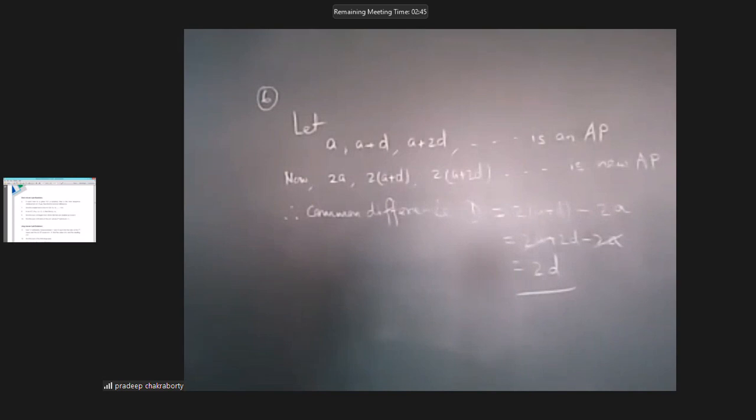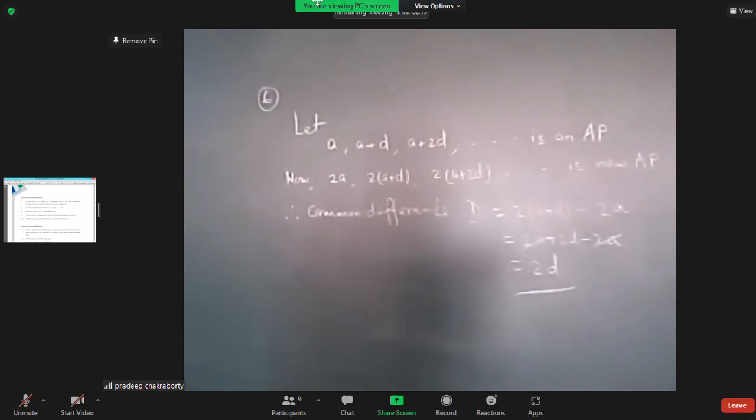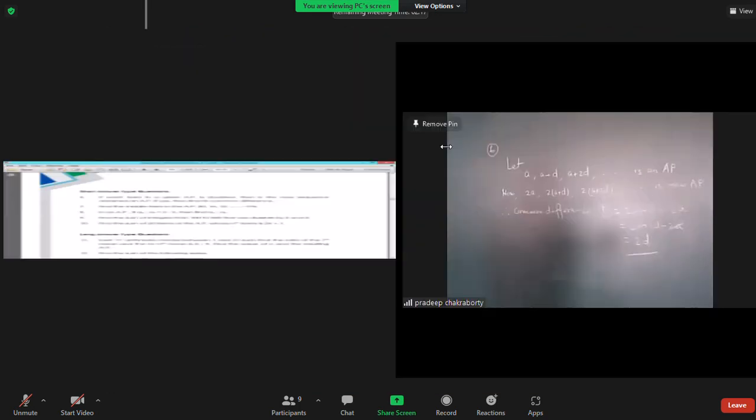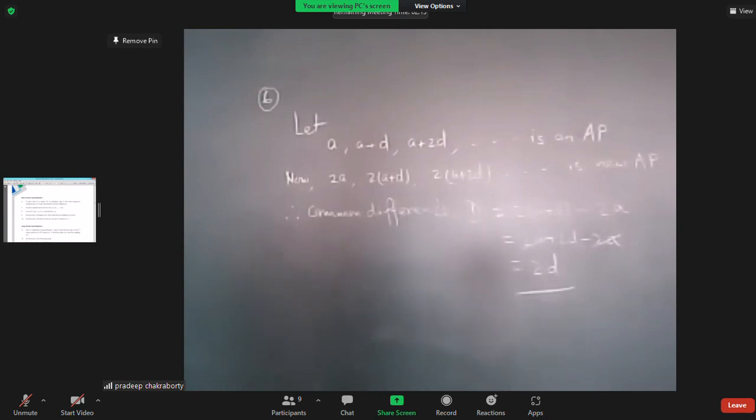Okay, next one. Find the middle term in the AP. How to find the middle term? First of all, we have to see how many terms there are. Then only can we know the middle term. Sometimes in an AP there will be 2 middle terms, sometimes 1. If there is an odd number of total terms, we have only 1 middle term, and if we have an even number of total terms, we have 2 middle terms. Let us see question number 7.